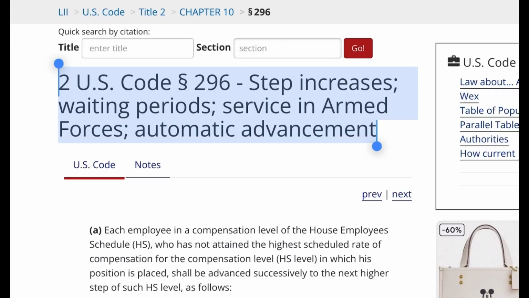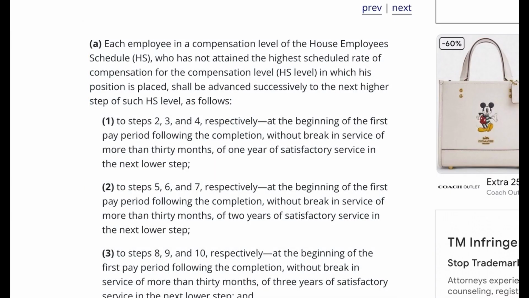2 U.S. Code Paragraph 296, Step Increases, Waiting Periods, Service in Armed Forces, Automatic Advancement. A. Each employee in a compensation level of the House Employees Schedule, HS, who has not attained the highest scheduled rate of compensation for the compensation level, HS level, in which his position is placed, shall be advanced successively to the next higher step of such HS level, as follows: 1. 2 steps 2, 3, and 4, respectively, at the beginning of the first pay period following the completion, without break in service of more than 30 months, of 1 year of satisfactory service in the next lower step,